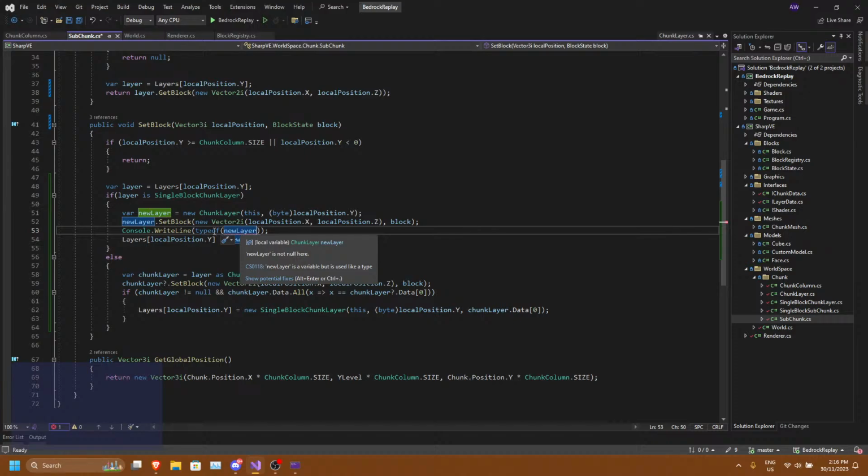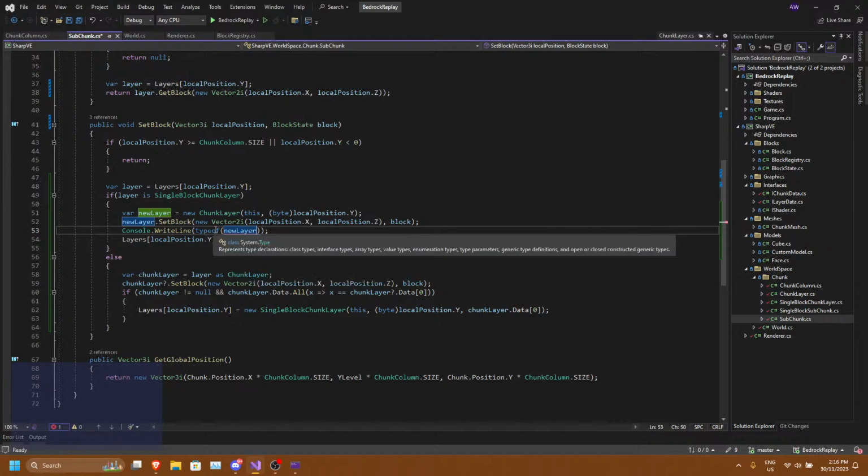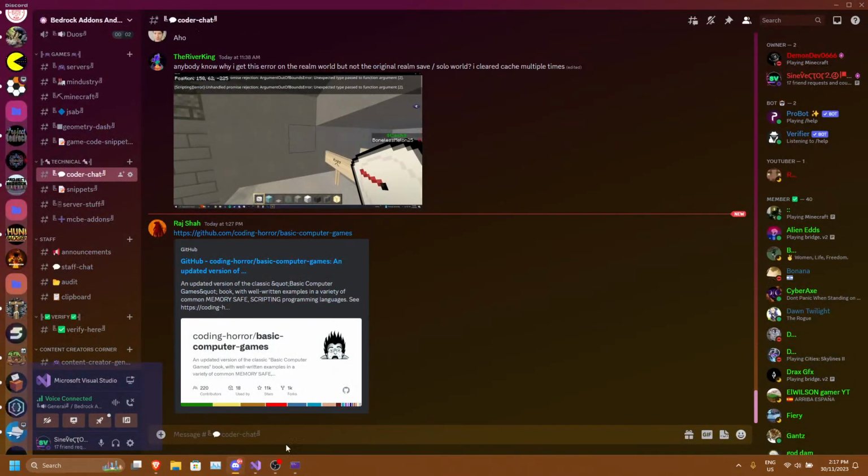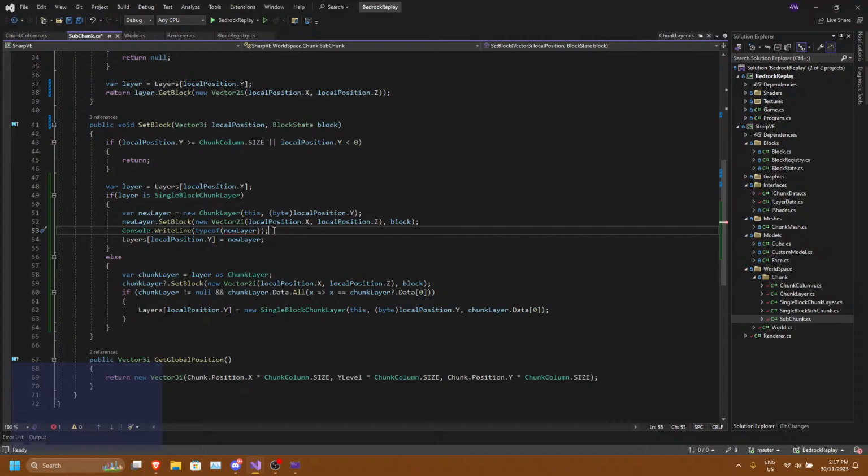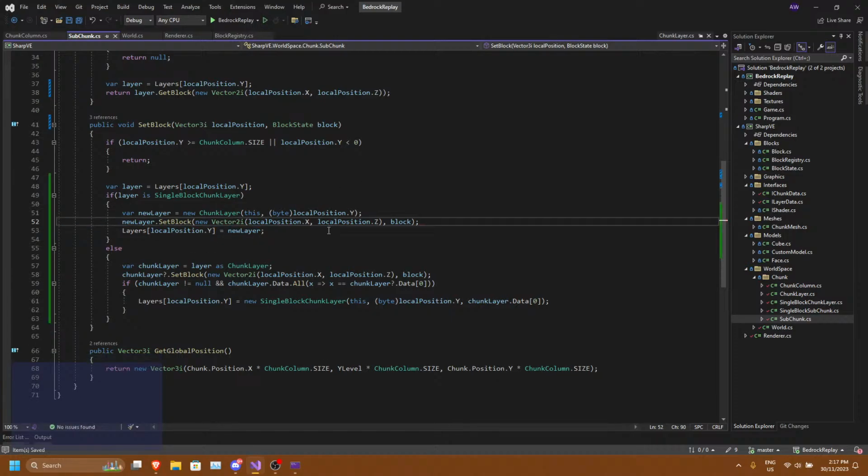Ooh, ooh. If layer is single block chunk layer, then we create the new layer, set the block, and then we set that layer to that. It should work.